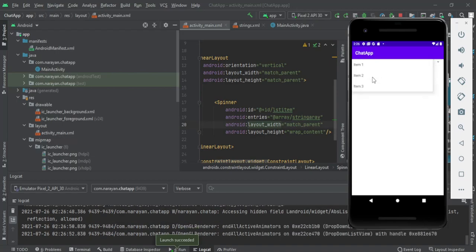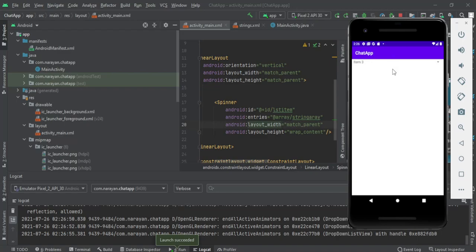For this you need not implement an on click listener here. That's not mandatory, but you can implement it if you are having multiple drop down lists dependent on one spinner.